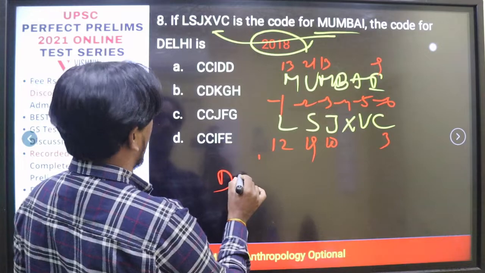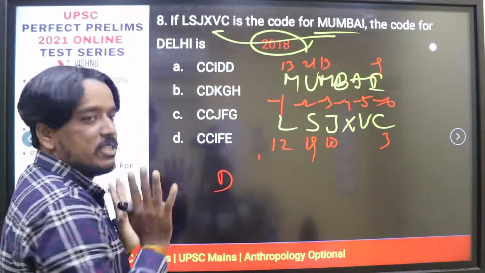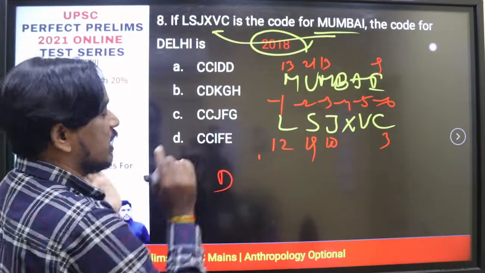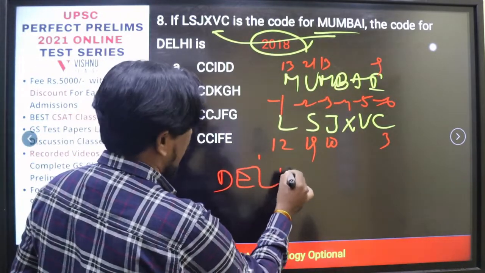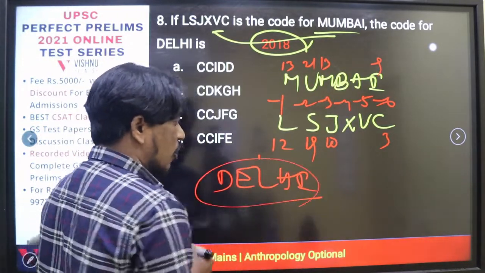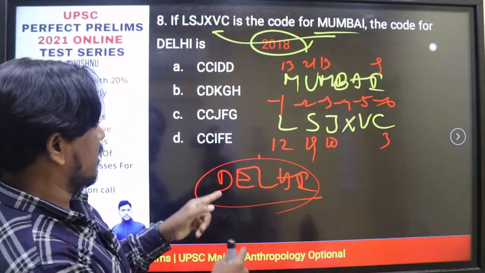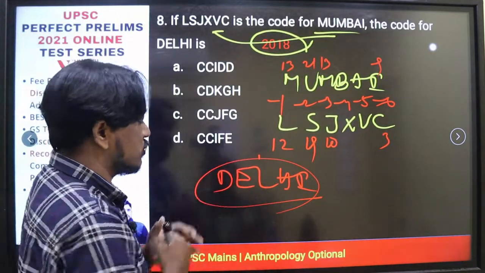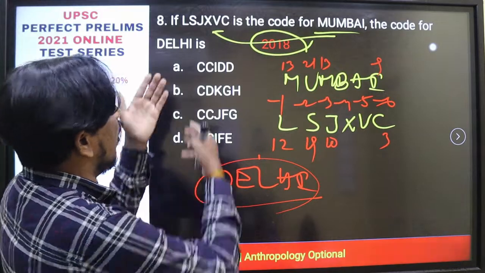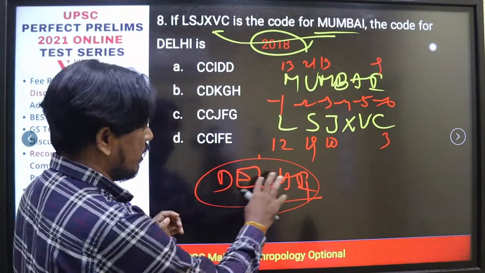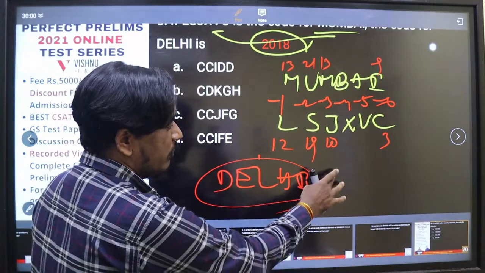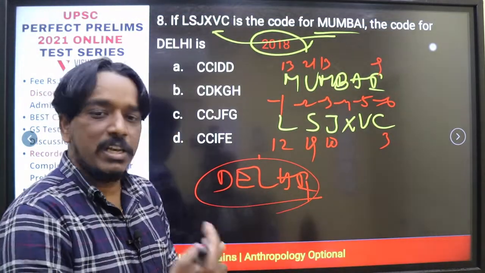Similarly, for Delhi also we have to do the same thing, but elimination is important. Elimination is important because options are there. This is the previous year question. Directly you can eliminate, but no need to note down all these things in the exam rough sheets. What we are doing: in the first, minus 1 means obviously you will get C. In all the options it is starting with C only. But you can go with the last. So how many letters are there? 1, 2, 3, 4, 5. 5 letters, so 9 minus 5.